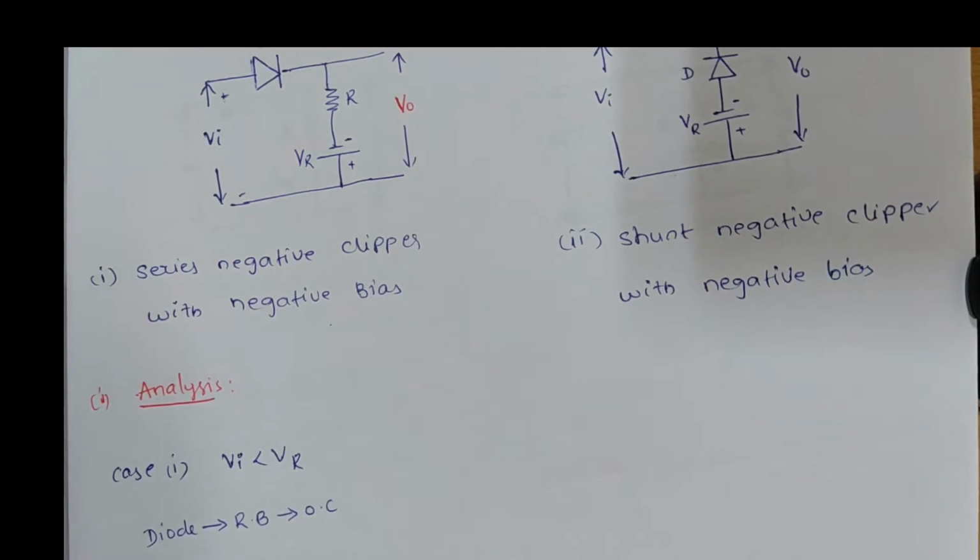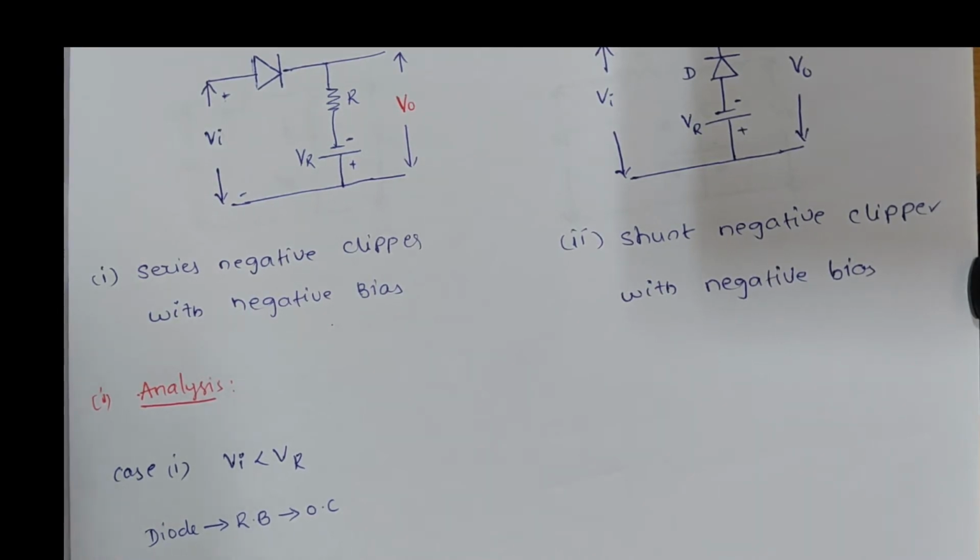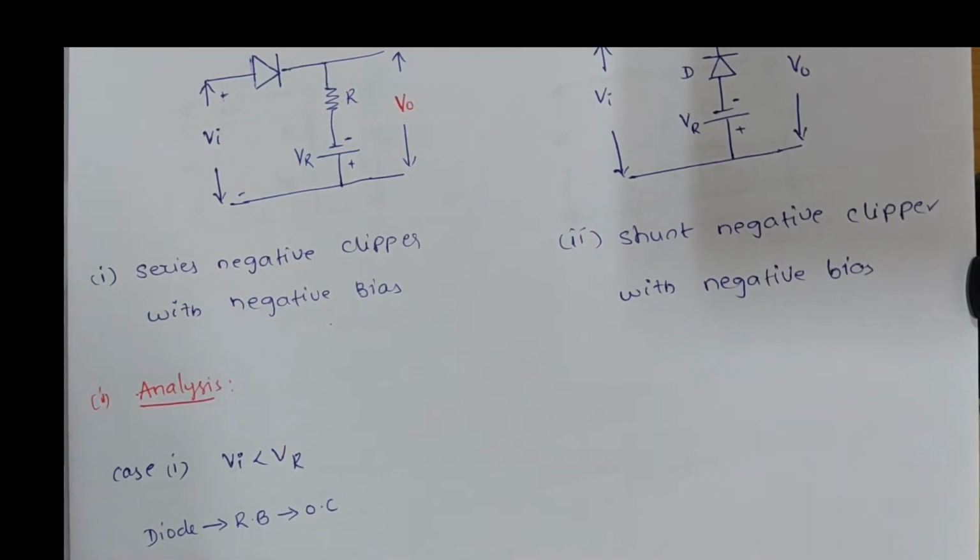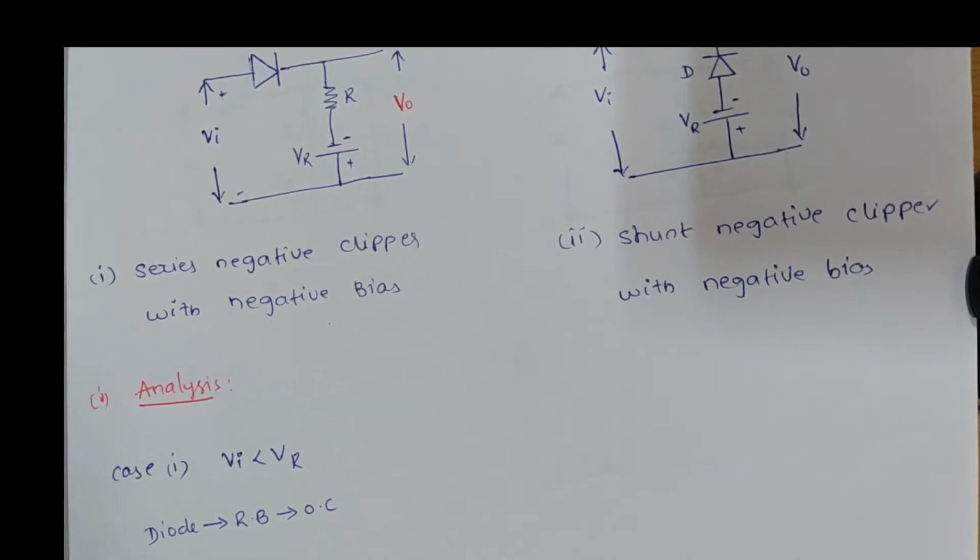Now from the circuit we can write the output voltage V0 equals VR only. Which VR here? It is minus VR. So V0 equals minus VR. Why? Because it is open circuit, there is no current flowing here. And coming to case 2,